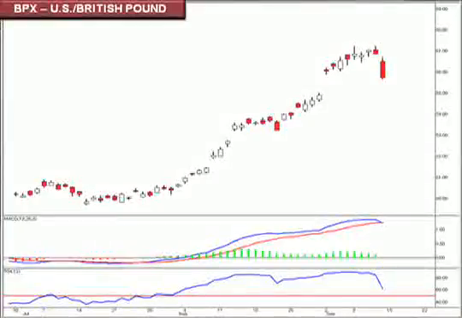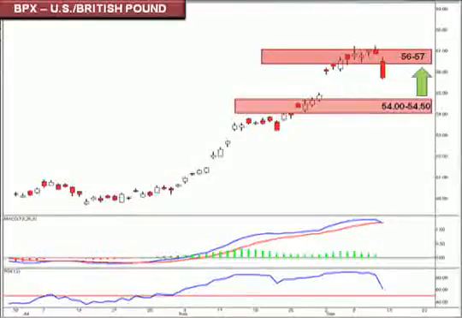All right, let's take a quick look at the BPX, the US versus the British pound. We saw prices break out of that 54 to 54.5 focal zone, where last week we found ourselves playing in and around that 56 to 57 area that we identified. Now this area was identified as a significant level of resistance, and we anticipated a possible price rejection off of that level, which we've seen happen. With this in mind, the window for a further continuation of the downside back into that 54 to 54.5 focal zone is a possibility to be considered.